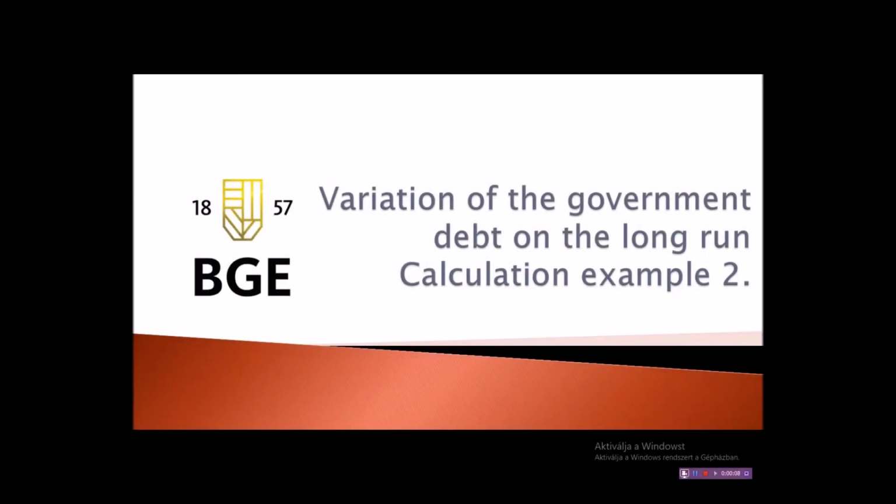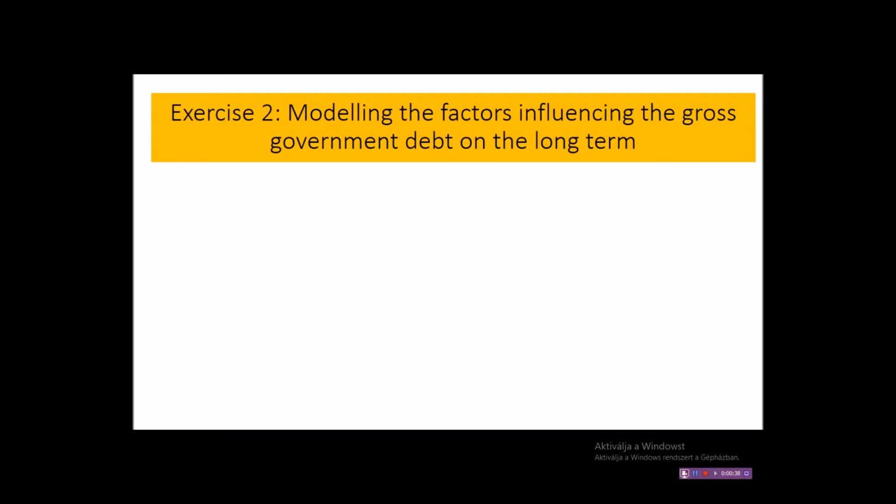Dear students, we have arrived at the ninth part of the video series dealing with the public balance and government debt. Now we are going to take a look at the government debt changes in the long run through a calculation example. I would like to show you how the changes over several years can be captured, how we can calculate and interpret the variation of the government debt as a percentage of the GDP, and further analyze what factors influence this ratio. So we are going to model the factors influencing the government debt in the long term, and